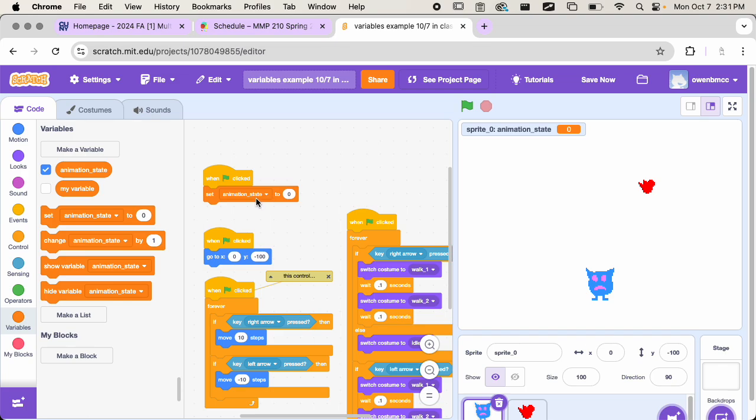And this is just going to be a note. You can change this to whatever you want, but I'm just using this as a note. So I'm going to add a comment, and I'm going to say animation states. 0 is going to be idle, 1 is going to be walking, and 2 is going to be eating the bird. So that way I can just remember what those values should be. And of course you can have as many animation states as you want. And what I'm going to do is compare the value of the animation state variable